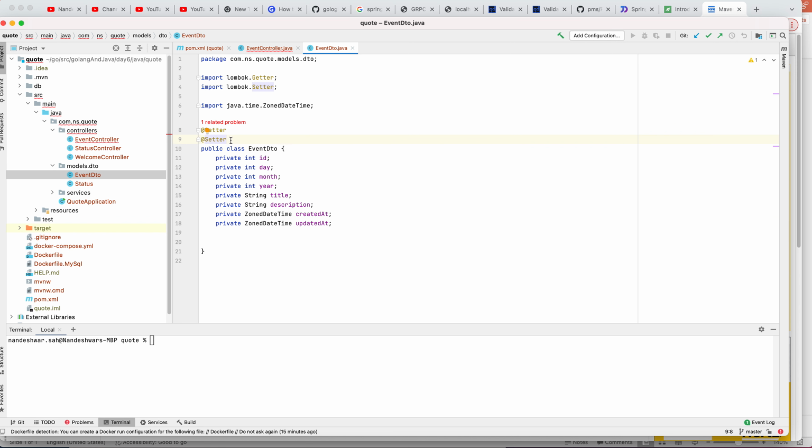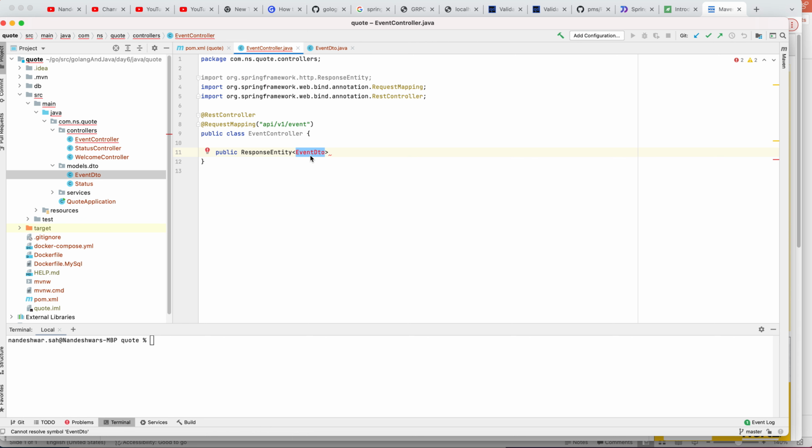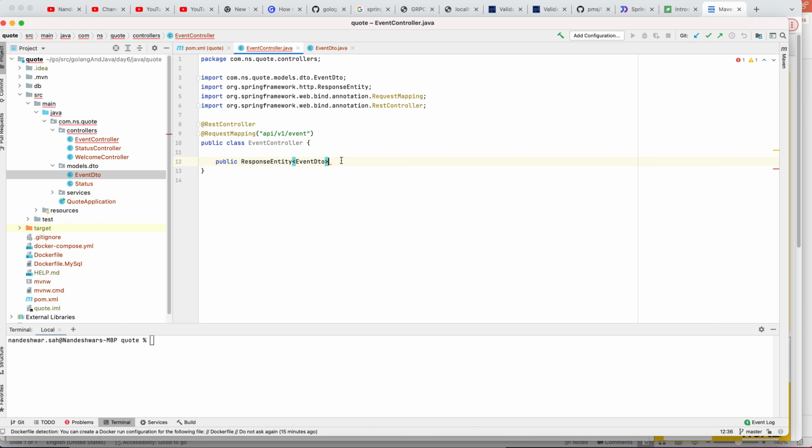So using these two lines, it actually generates all the setter and getter methods. So we do not have to add all this code here, generate and add. That will be handled by these two, getter and setter, the Lombok annotation. Okay, that's good. Come back to event controller and import this. Okay, that's good. So it's event DTO, and let's